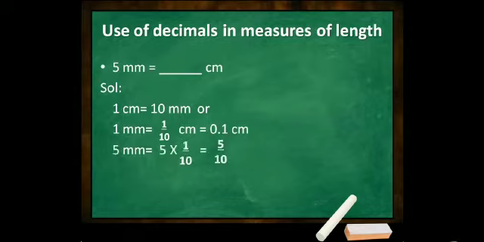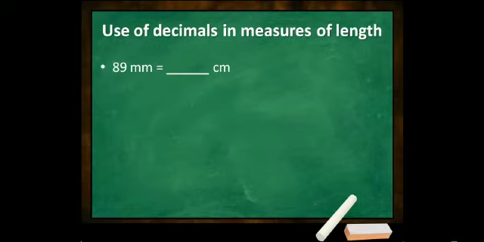Now we have the problem of 5 mm. What you are going to do is multiply 5 into 1 and divide it by 10. That is 5 upon 10. When you divide 5 by 10, it will become 0.5. Or you can see that the denominator has a 1 and a 0, so from the back of the number, you put a point, since there is only one digit as the numerator, that is 5. So you put a 0 before the 5 and the point, and it becomes 0.5.